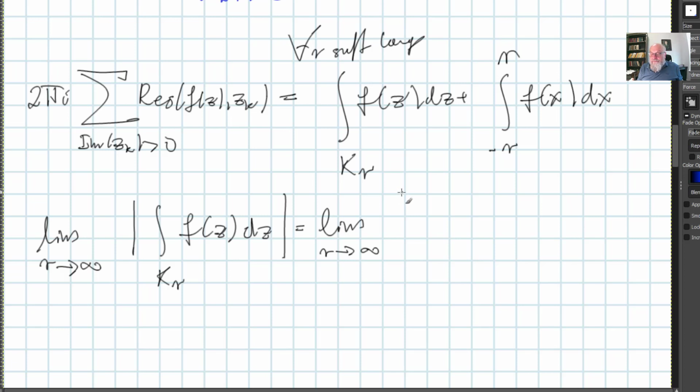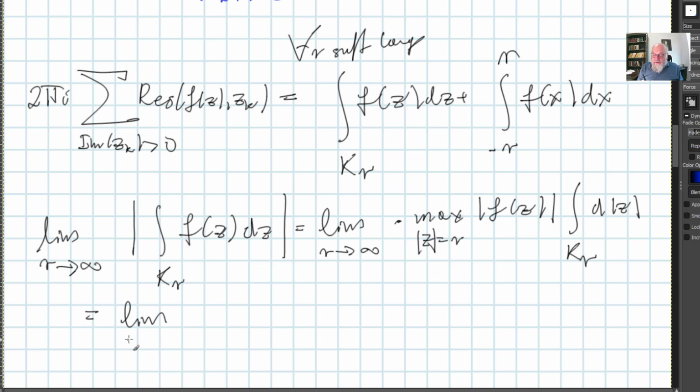Like that. I put here the maximum of f(z) for z equal to r, and then pull it out, and then I write it down. This is kr, and that will be dz, and then I'm getting here the limit as r goes to infinity, and then I'm having here 2 pi, and then I have here r, so the maximum for z equal to r, and that will be z f(z),